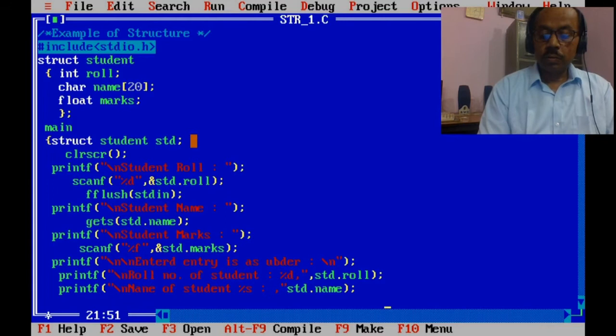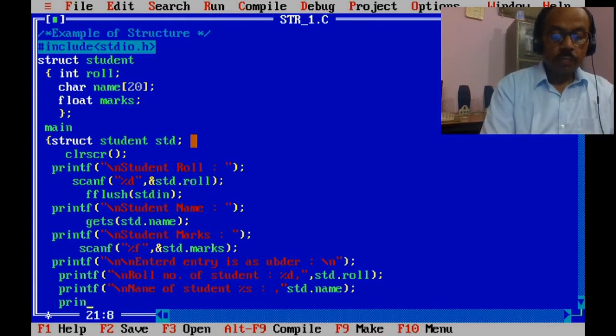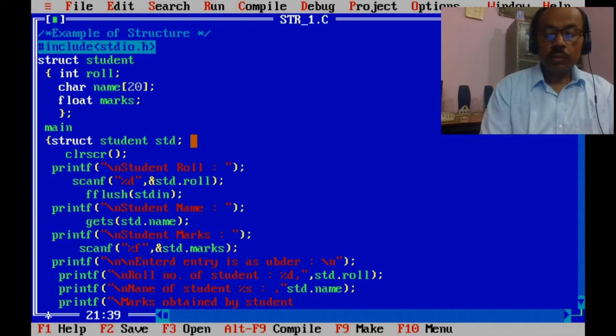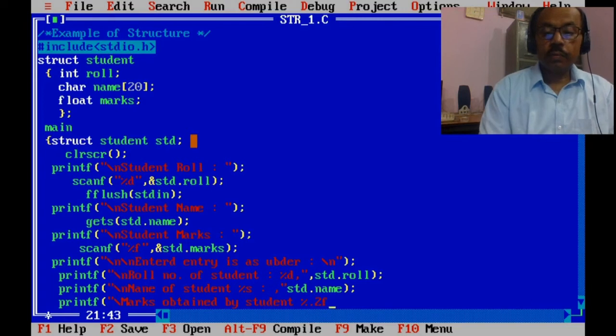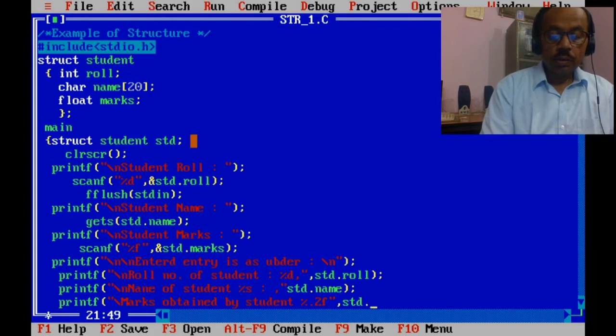Now printf marks obtained by a student %.2f, std.marks.